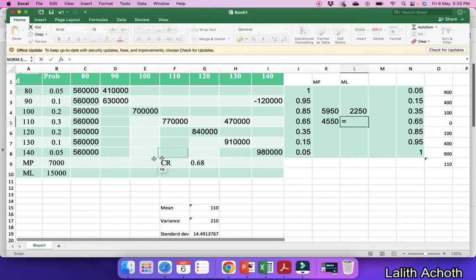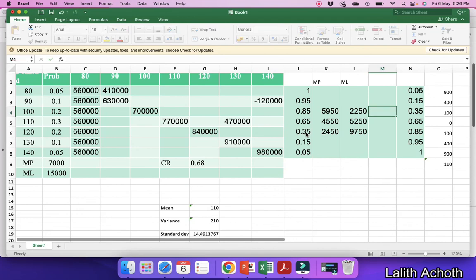Marginal loss into the probability of not making profit is 1 minus that. And the third one will be equal to marginal profit into the probability of making profit and the marginal loss into the probability of not making profit, which makes it 1 minus 0.35, right? Closing. So if you work it out,